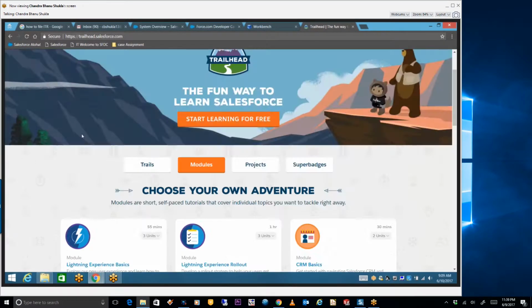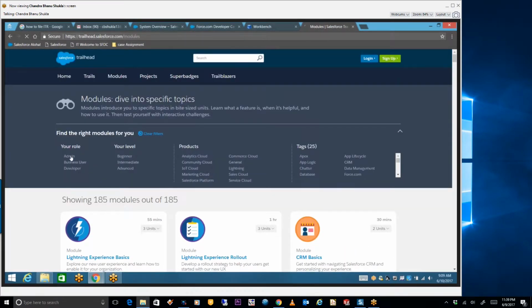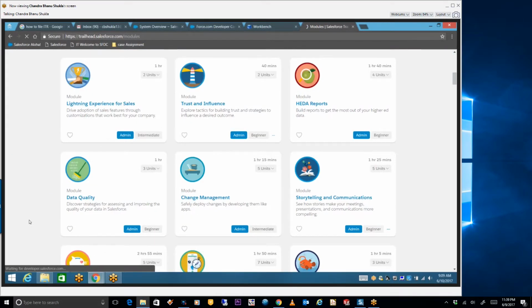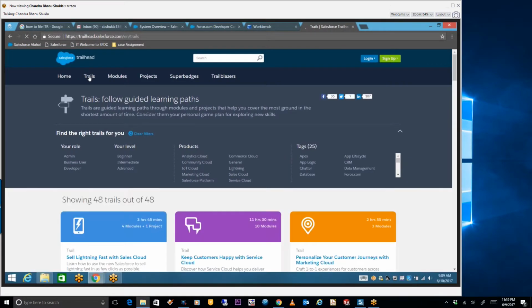If we are going for modules, we have different modules here, because modules will contain all the parts. I will tell you the admin part. One moment, I will show trails. Meantime, do you have any questions you want to ask me? Any doubt, or you want to discuss anything? No, nothing as of now. I'm good.